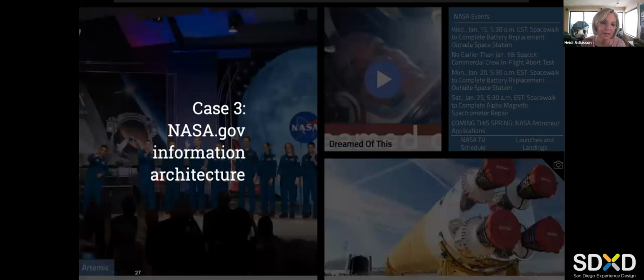The final example here is a little bit different. This was a project that Blink did for NASA.gov to re-architect their website. And I was the lead architect on this project. And like a lot of large organizations,